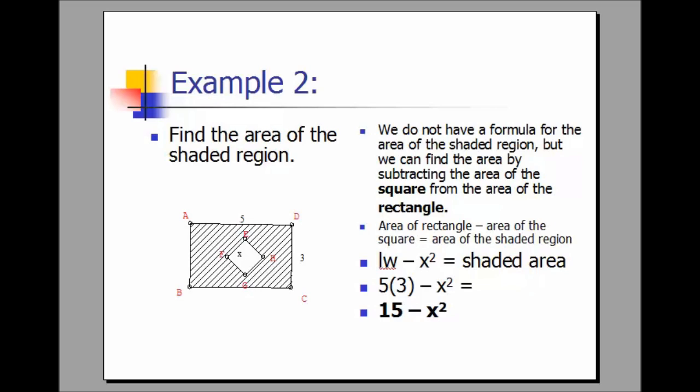The area of the rectangle is length times width, and we're told its dimensions are 5 times 3, hence it's 15. The area of the square is its side length squared. We're told that it's x, hence the area is x squared,